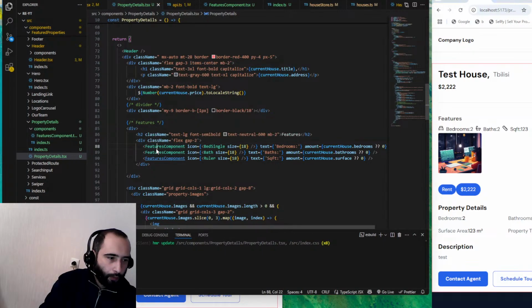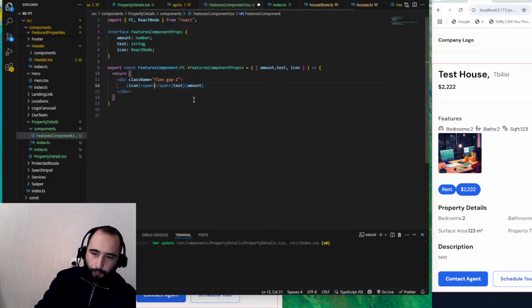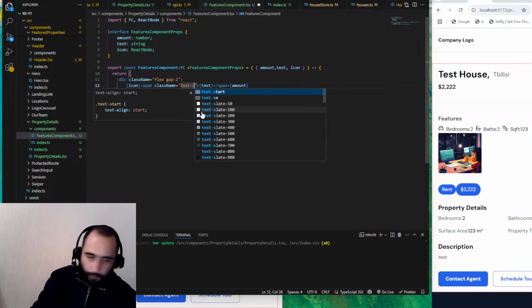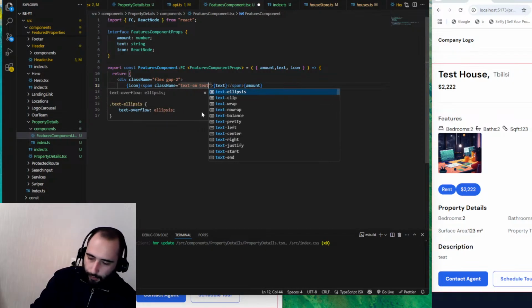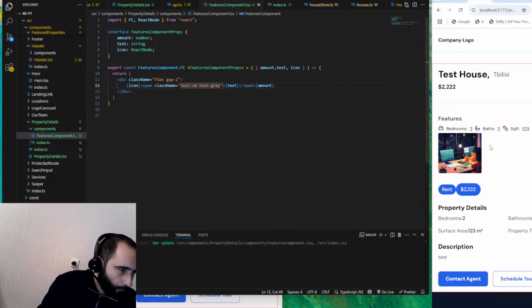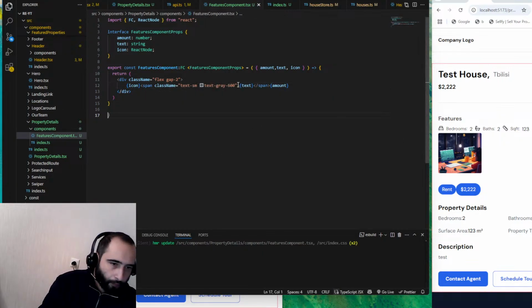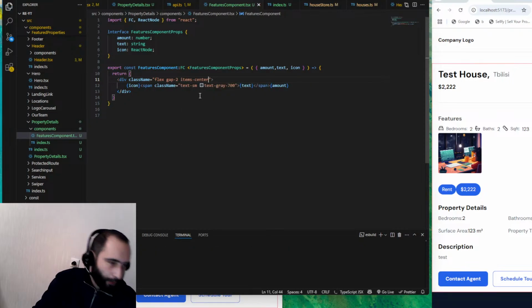Okay, so now let's make this text smaller, and the color, let's set text gray 600. Or maybe 700. Okay, now items center